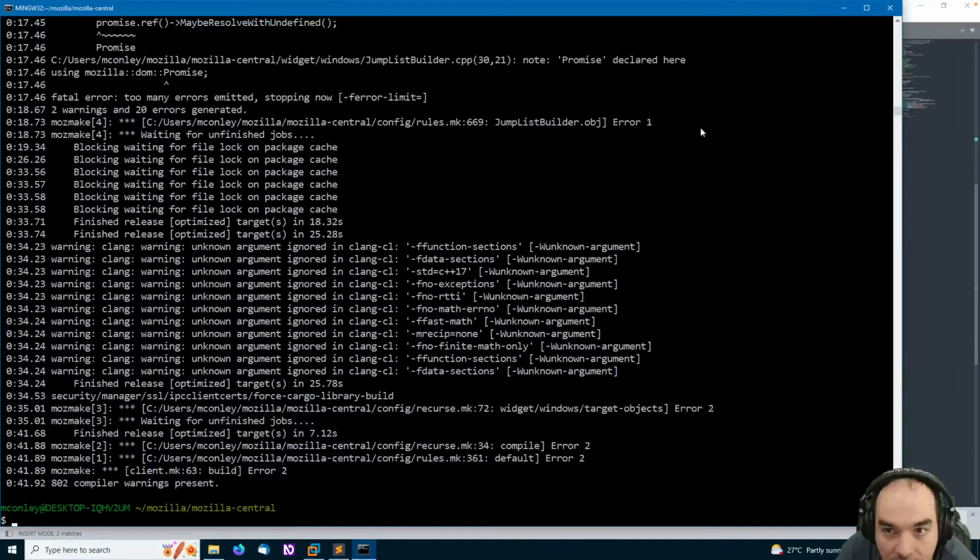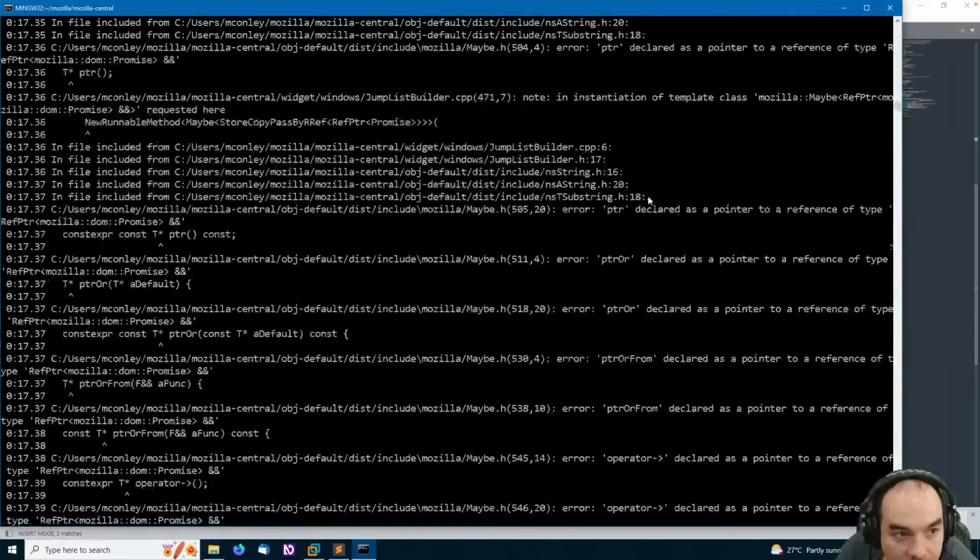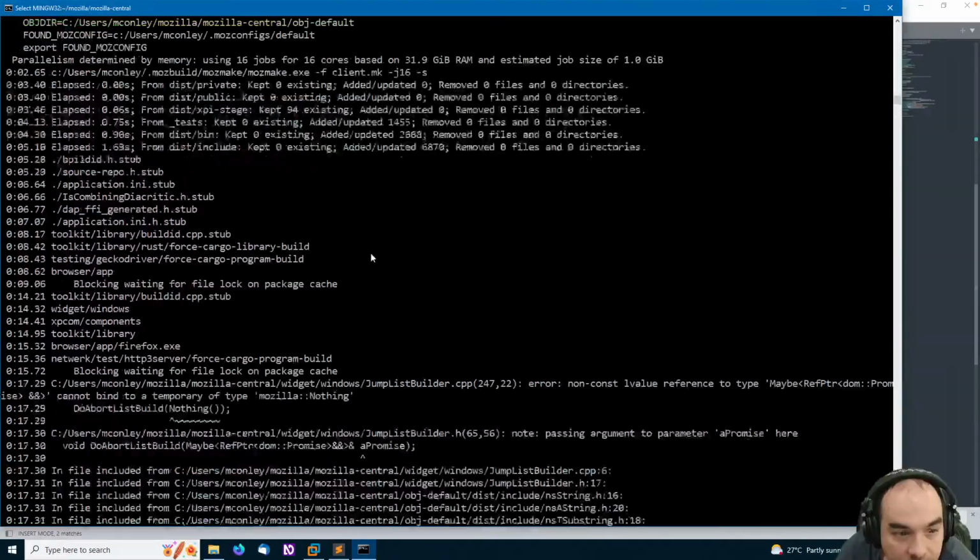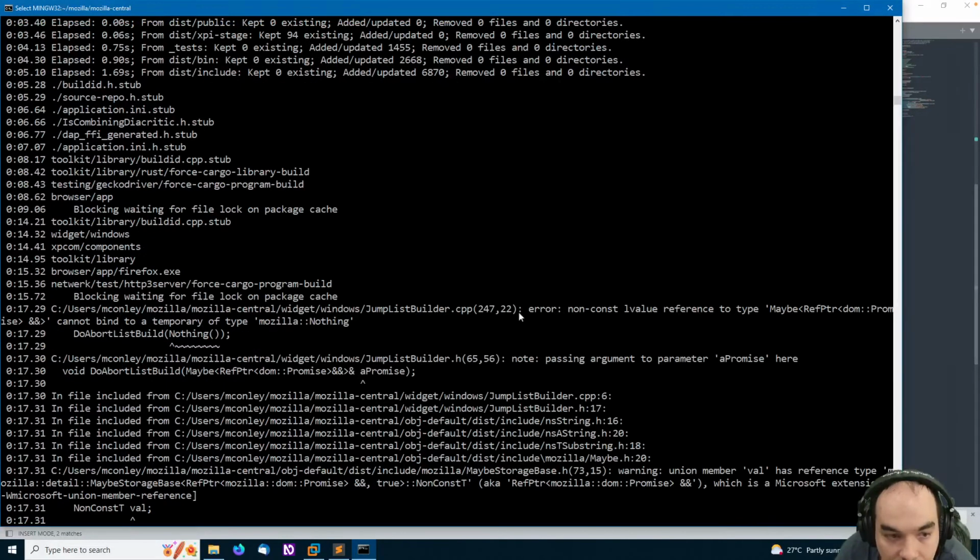Non-const L value reference. Stop it. Taking focus. On line 247, non-const L value reference to type cannot bind to a temporary of type. Const L value reference.